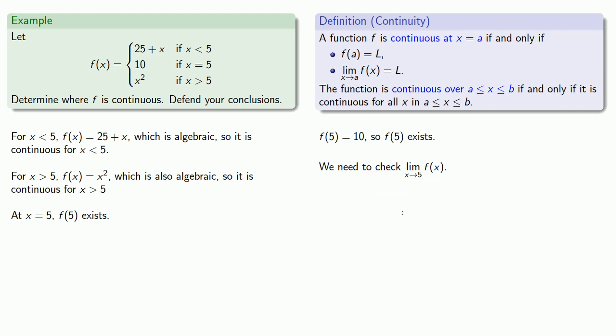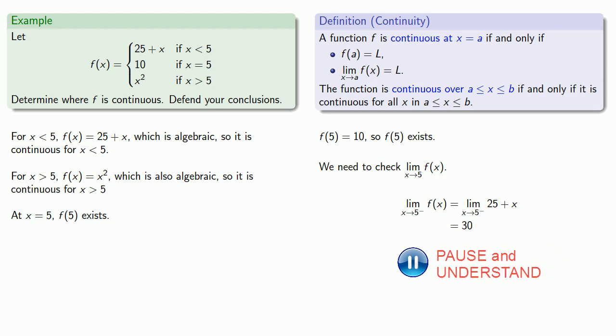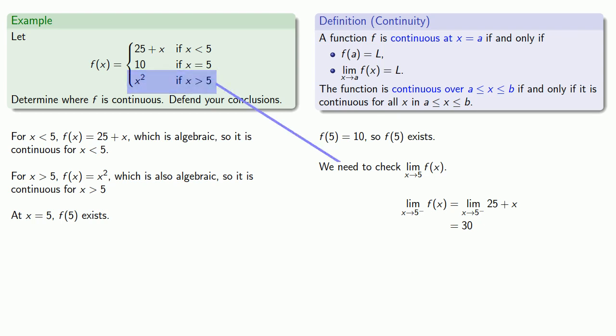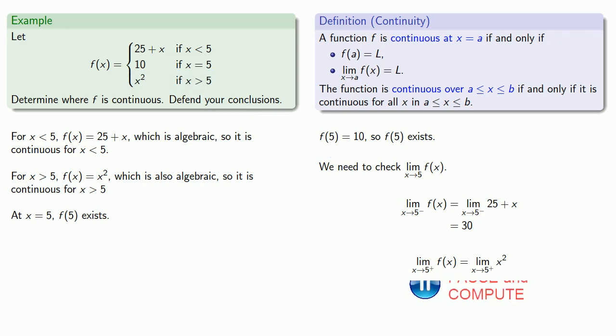Since the rule changes at x equals 5, we'll approach from below and from above. So as x approaches 5 from below, f of x is the function 25 plus x, and since this is algebraic, we'll just let x be 5 and we'll get a limit value of 30. As we approach 5 from above, our function is x squared, and so our limit as x approaches 5 from above is going to be the limit as x approaches 5 from above of x squared, which will be